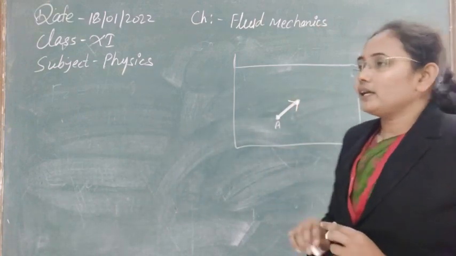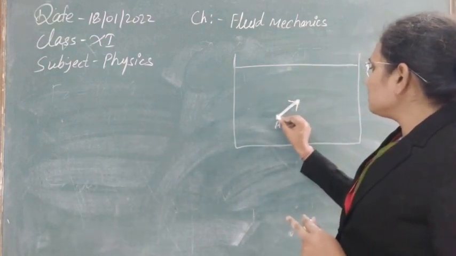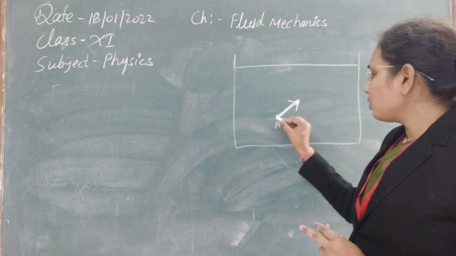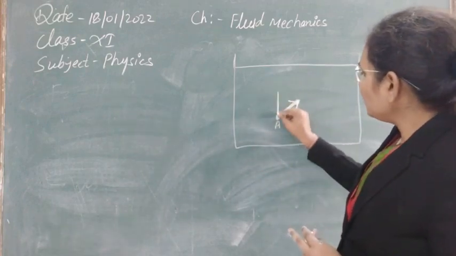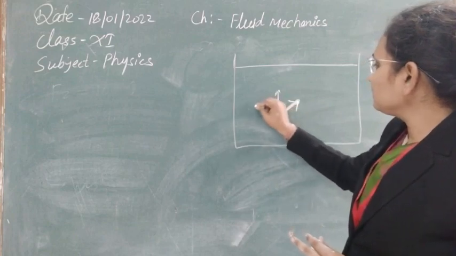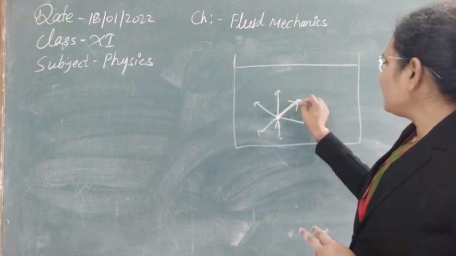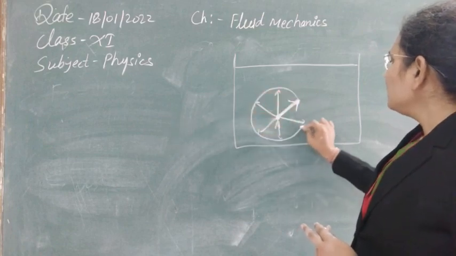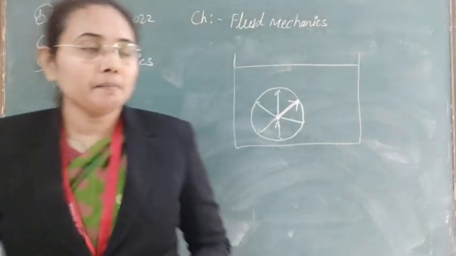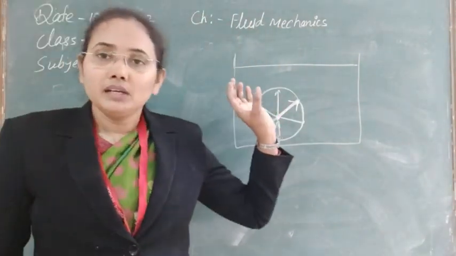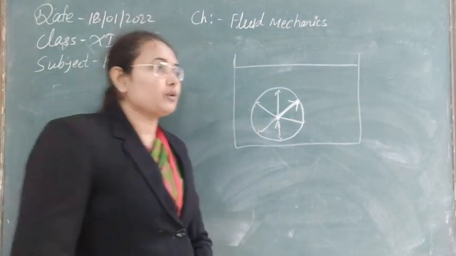So this molecular range shows that if any other molecule comes within this distance, then this molecule A will interact with that molecule. Similarly, we can take the molecular range as the radius, and if we draw a sphere, this becomes the sphere of influence. It means that if any other molecule comes into this whole sphere, molecule A will interact with that one. So this is the concept of a sphere of influence.